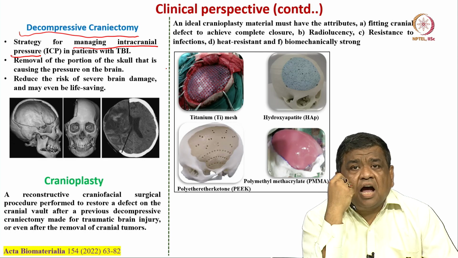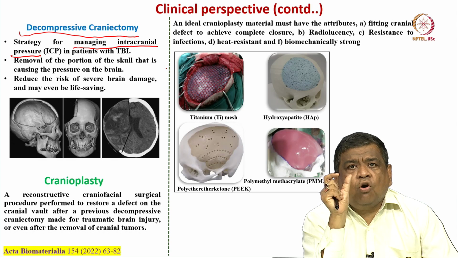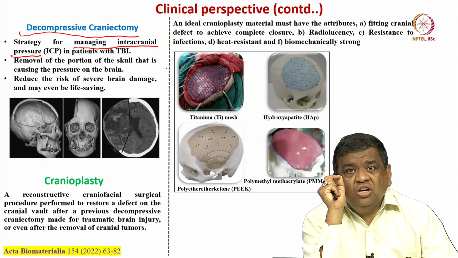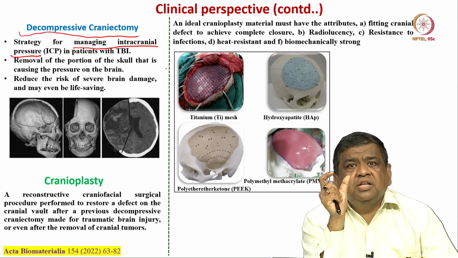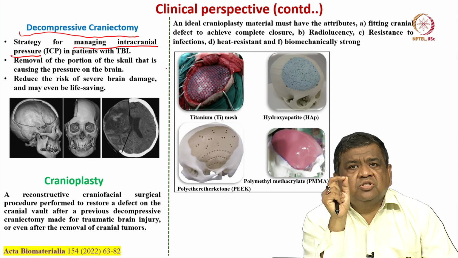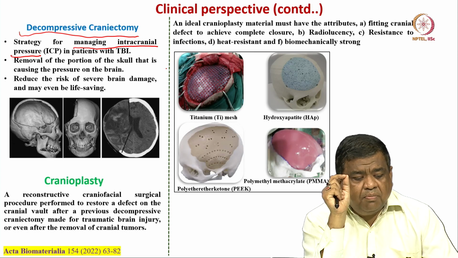What I wanted to tell you is that in different parts of the human body, for example, if you consider the eye, inside the eye there is something called intraocular pressure, IOP. That IOP should fall within a certain range so that the optic nerves are not damaged. If the optic nerves are damaged, then vision will be impaired, right. Similarly, intracranial pressure needs to be maintained within some physiological limit, and for patients with TBI, decompressive craniectomy is the first part.